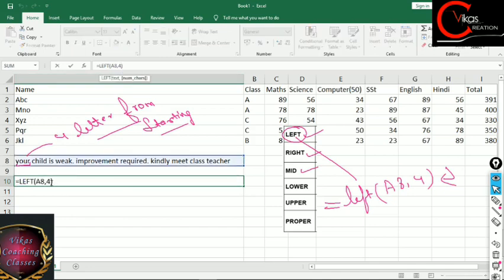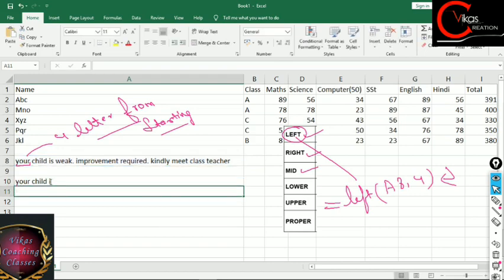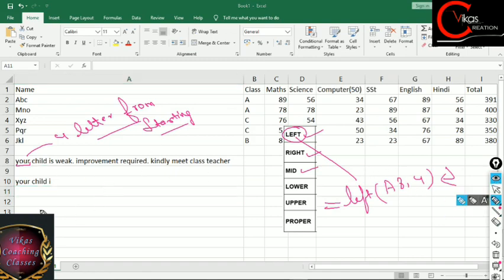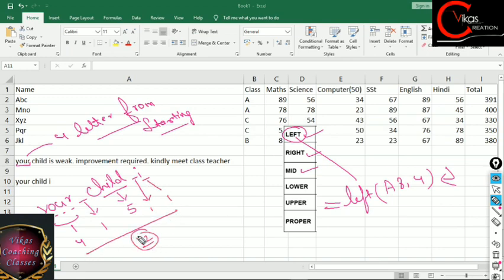Suppose we want something else. We want to fetch 10 words or first 12 words. So I have written 12. As you can see in these 12 characters, we are getting your, child and I. Now you must be thinking why we are getting this much only. Why we are not getting all the remaining words. Have a look over this side. If I am writing your, child and I, so in this Y-O-U-R, your will make 4 letters. This space will be counted as 1 letter. This child will be counted as 5 letters. This space will be counted as 1 letter, and then this I will be counted as 1 letter. So all total it will become 12 letters.